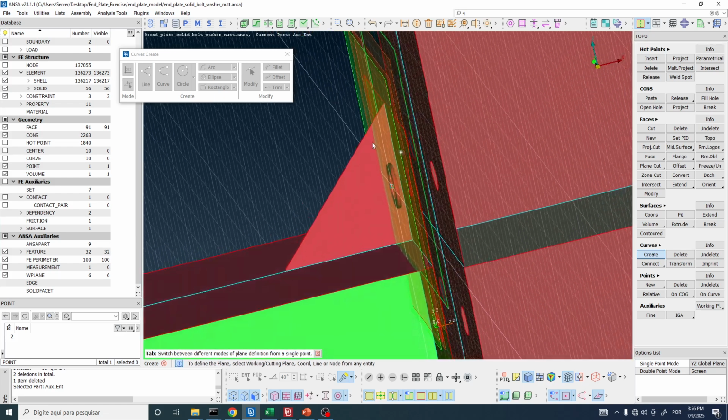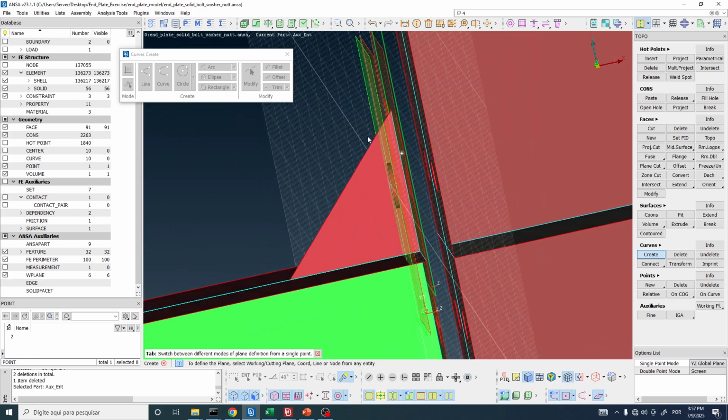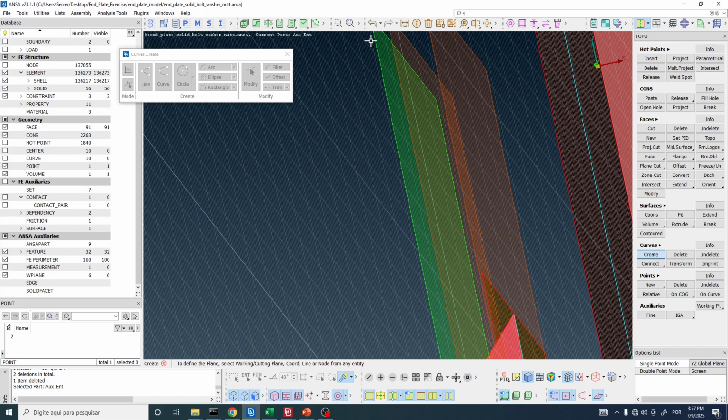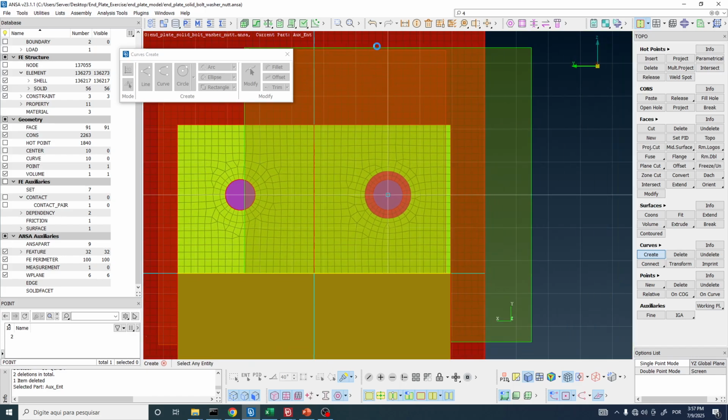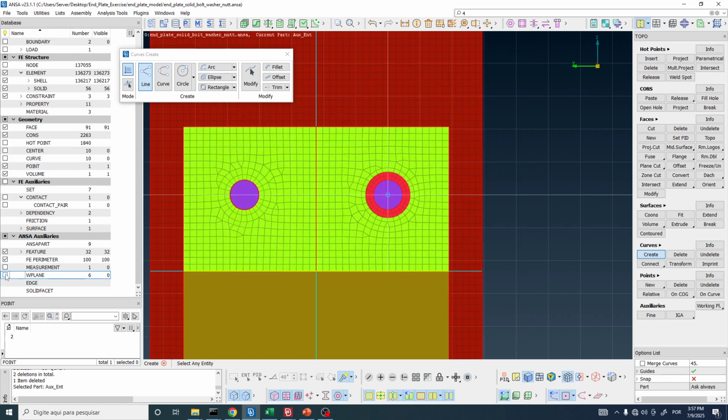You see that we have this plane selected already because it was the last that I have created. So if you don't have, you just need to select it. And then now we see normal to it, deactivate visualization of working plane. And also